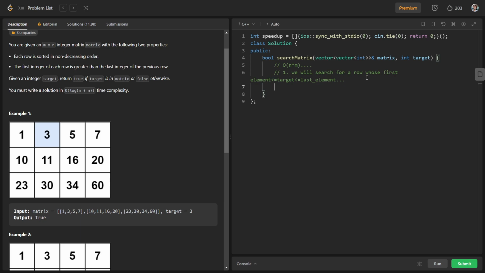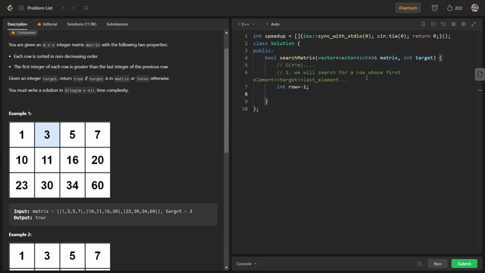So let's say the row will be int row and it will be initially -1, and we have int top which is 0 and int bottom which will be nothing but the size of the matrix minus 1. So we will use binary search to find such a row.